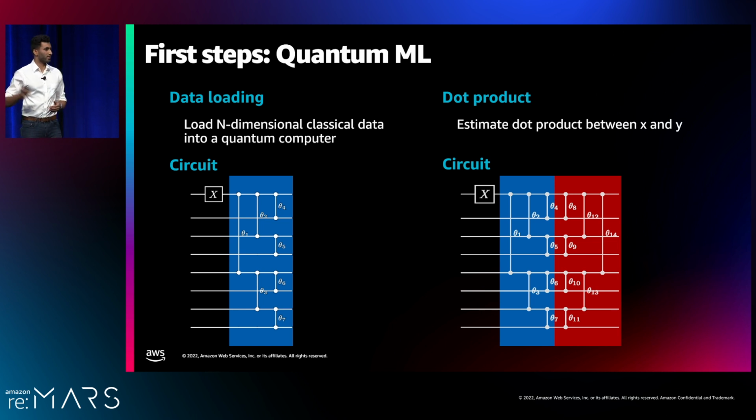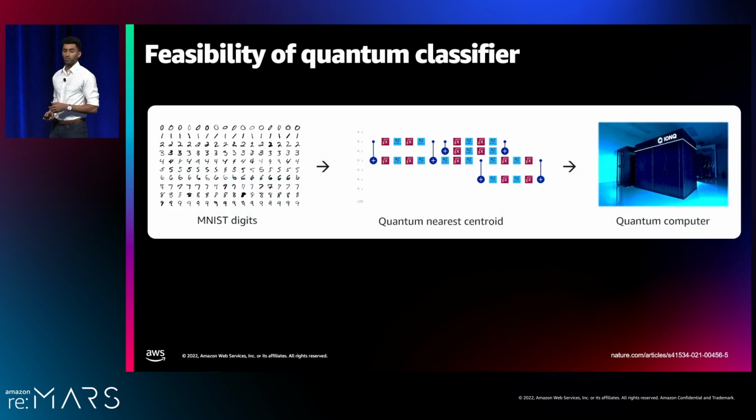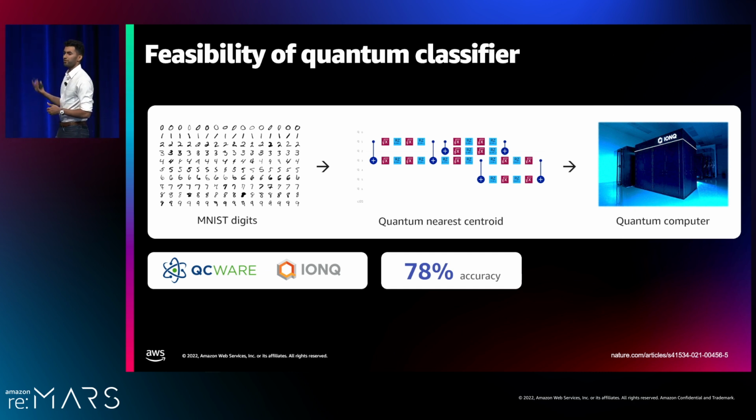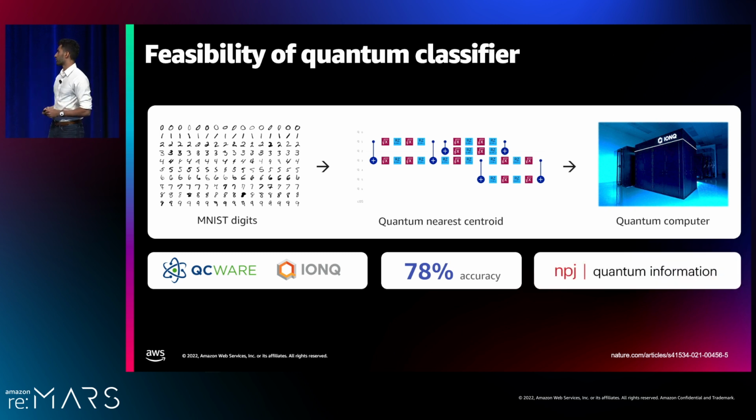Now that we have the skeleton of a machine learning algorithm, we want to test the feasibility on computers today. Can quantum computers do anything non-trivial for quantum machine learning? So we partnered up with IonQ, who is building trapped ion quantum computers. And we tried running the simplest data set, MNIST, the hello world of machine learning, along with the nearest centroid algorithm, which is one of the simplest machine learning algorithms. And we ran this on one of their state-of-the-art quantum computers. And what we found was we actually got accuracy which was just a few percentage points lower than the classical. This was published in the Nature portfolio journals for quantum information.